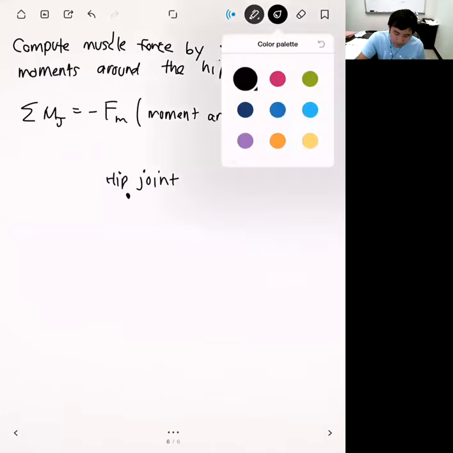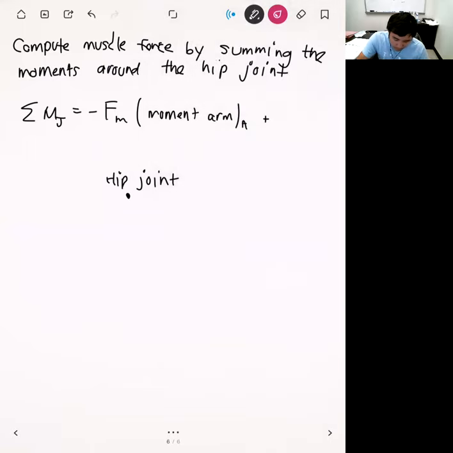We know the weight of the leg is going to be a vertical force, so there's no question on that. But whether the sign that we choose for this is positive or negative depends on which direction this force is acting relative to the joint. If we have one configuration where the resultant force ends up being on the right of the joint,